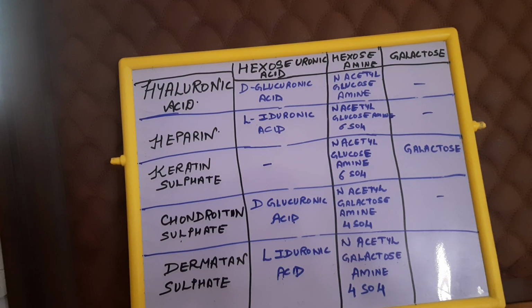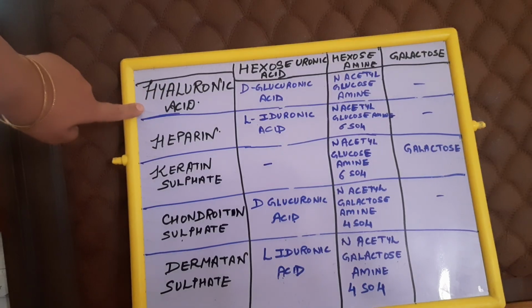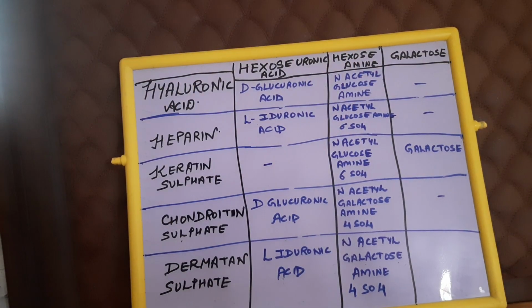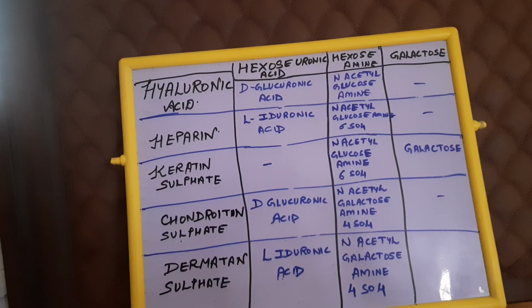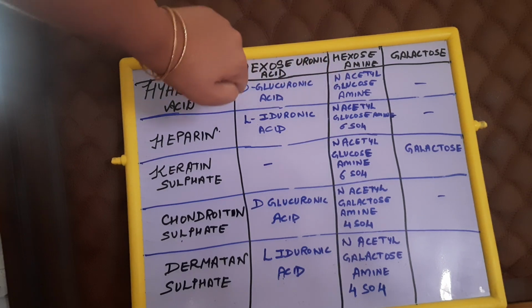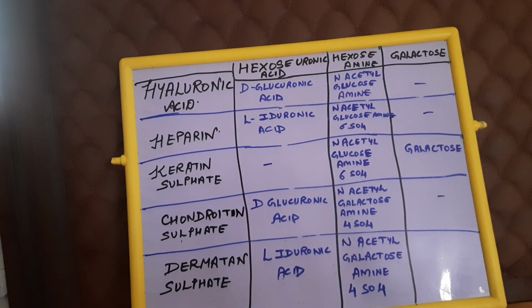Now, my first topic of today is glycosaminoglycans, and of course, you all know what glycosaminoglycans are. There are five GAGs mentioned in our biochemistry, but their monomeric units are quite difficult to remember. I have devised a trick to remember them. The first glycosaminoglycan is hyaluronic acid. There are basically two monomeric units of which glycosaminoglycans are made up, hexuronic acid and hexosamine. Of course, you know what hexuronic acid and hexosamine are. In case you find it difficult to remember them also, please mention it in the comment section and I will make a video for that as well.